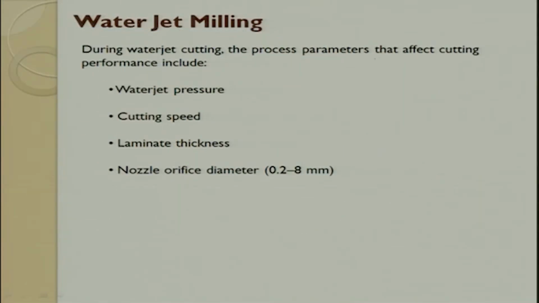In water jet cutting, the process parameters that affect the cutting performance are going to be pressure, speed, laminate thickness and nozzle diameter. When it goes to water jet milling, the feed rate